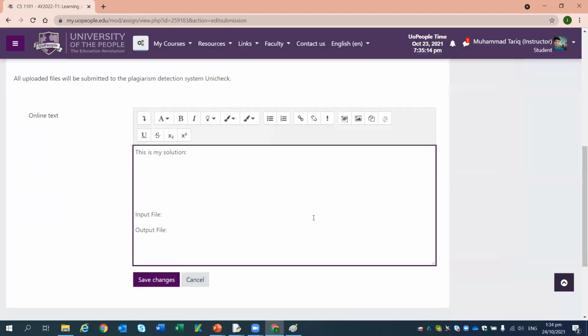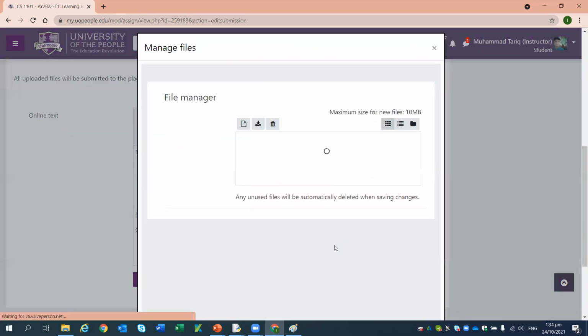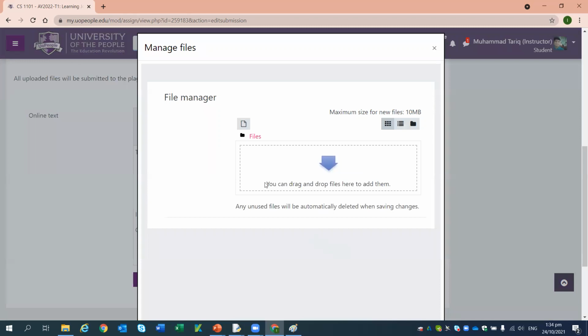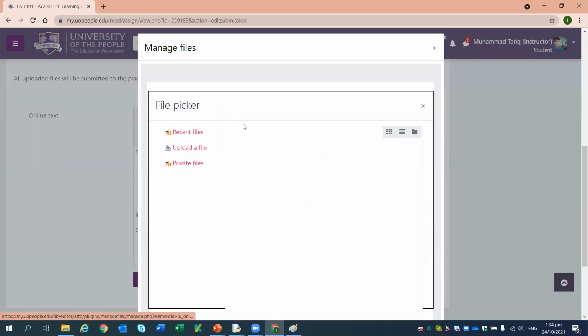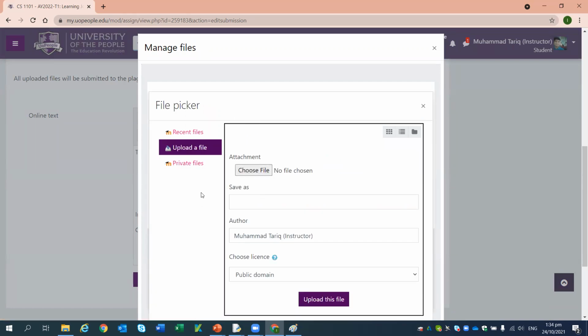Okay. Now here, if you see on the top, here is the link, which you have to click. Please remember one thing: when you click this option, this is the area where whenever you select any file, that file will be saved as your cloud area. Okay. So when I click this option, it will take you to different options, for example, list file, upload a file. Still, because I didn't upload my file into my cloud, I will choose this option.